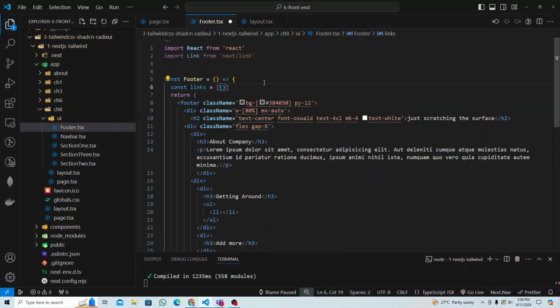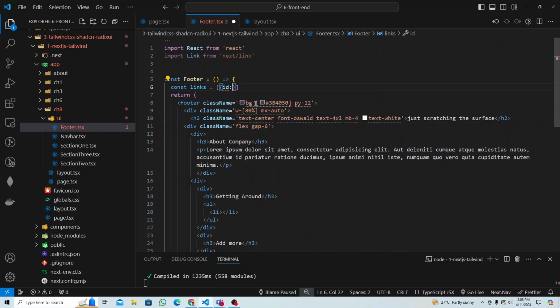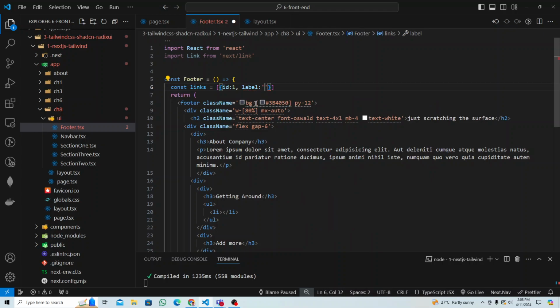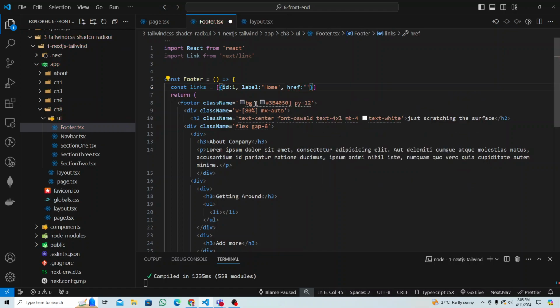you store it here, right? And each link will be inside an object, because you need a couple of things, right? Like this id, maybe let's call it 1, then the label, right? If this is the home page, you can call it home like this, and then the link, okay, the real link, the route. You can call it route or href, right? Something like that is fine. So let's call it home. This will be the home route. Okay, so similarly you can have a couple of